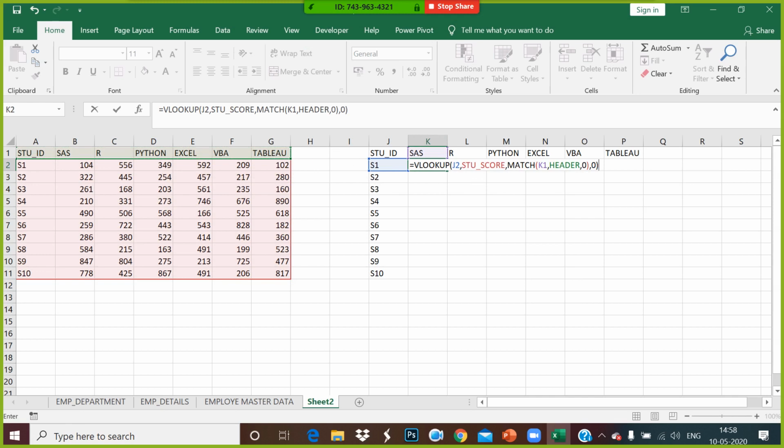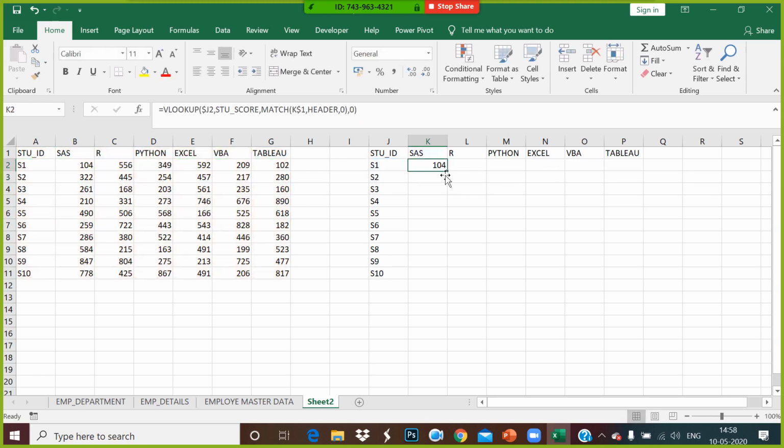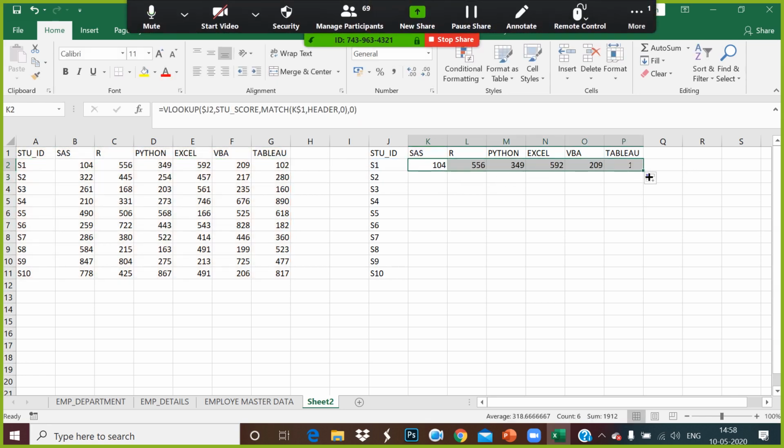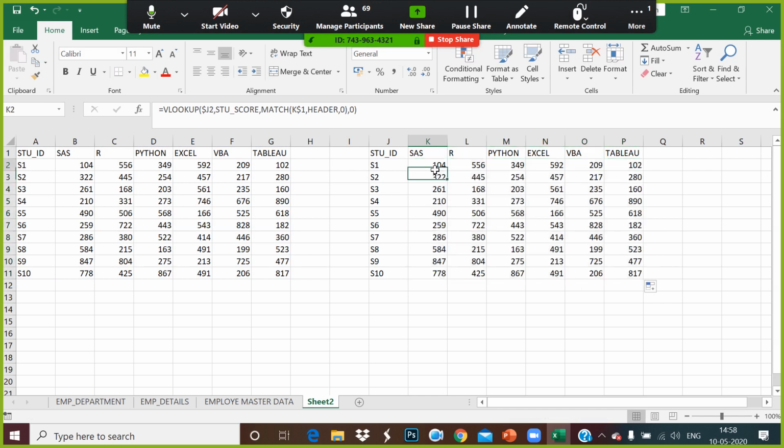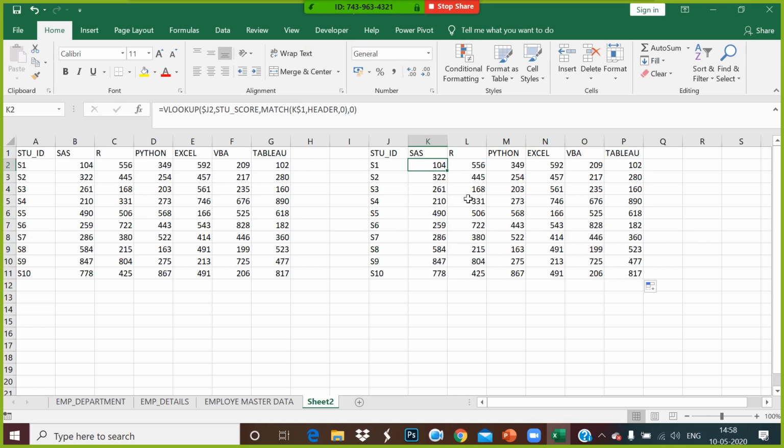What is happening here? In this case, J is going to be constant. 1 is getting constant here. I drag this to the right and down. So this is how I can define this range and get my output over here. So this is called VLOOKUP with match as scenario 1.